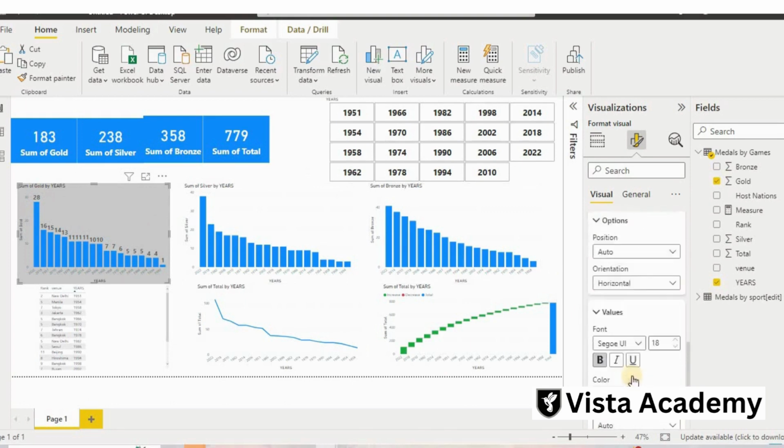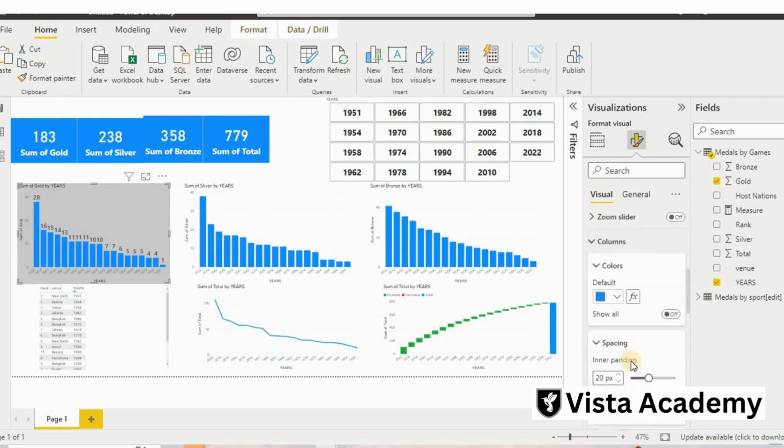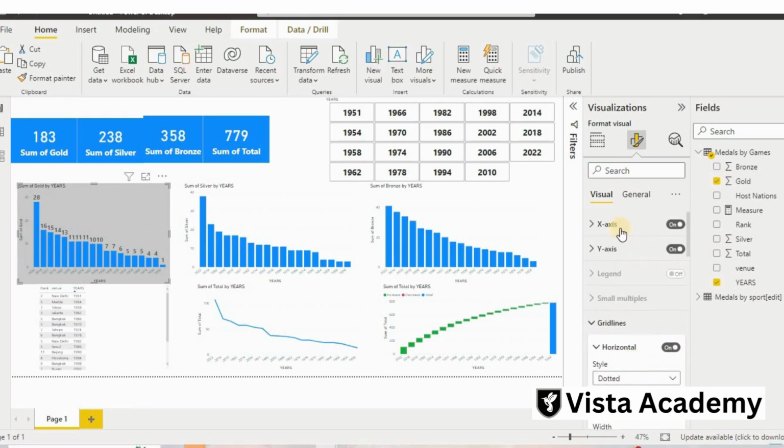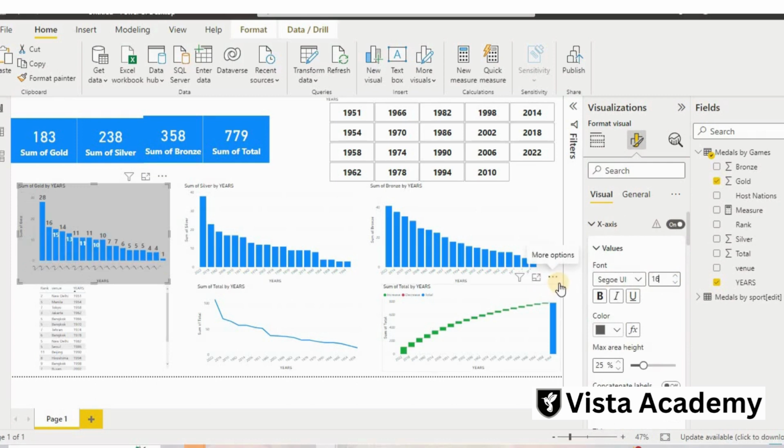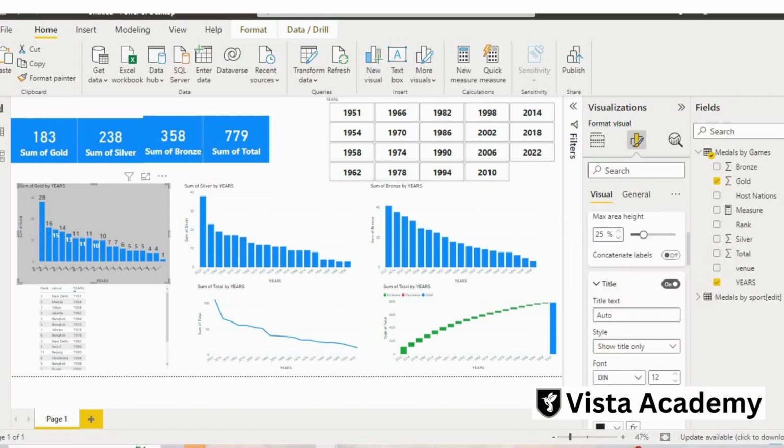And another thing I can do here is increase the x-axis also. I will increase this to 18, I think 18 is bigger, so I will put it at 15 and bold it, and then bold this also, 15 and bold.